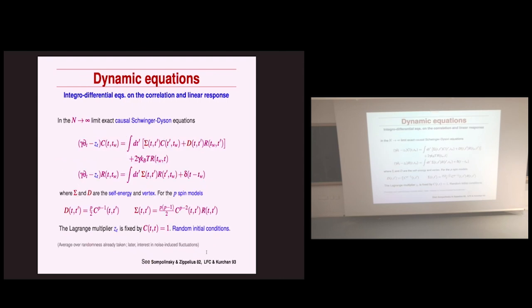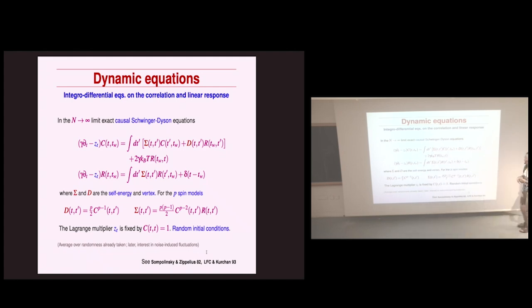So the beauty or the nice feature of these problems is that in the large N limit, so for N going to infinity, one can derive for these problems exact equations that control the evolution of my two order parameters, so the correlation function and the linear response function. This is the instantaneous one, but okay, can be transformed into the integral one as well. And these equations have the form of what are called Schwinger-Dyson equations. They are causal integro-differential equations that look well complicated, but you can solve them numerically, for example, put them in a computer and solve them, and build the form of the C and the R in the course of